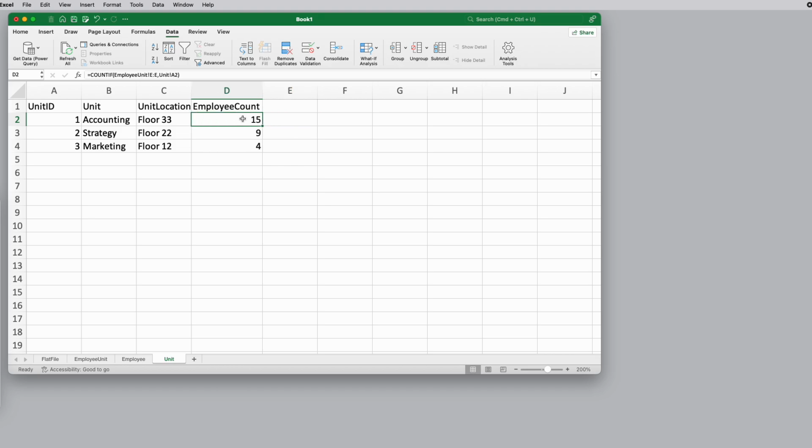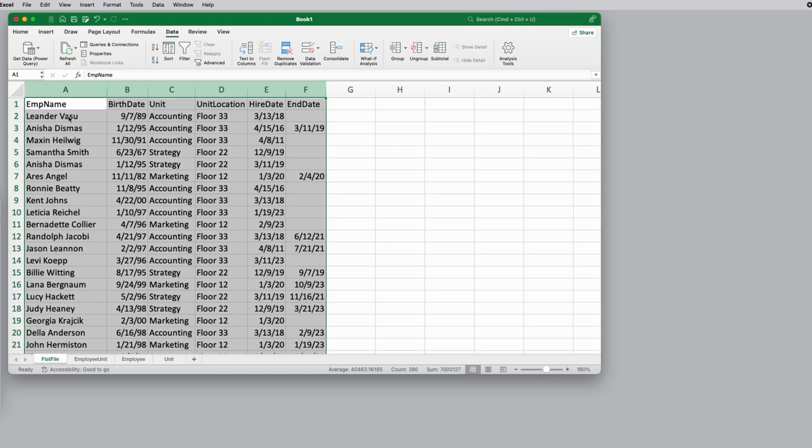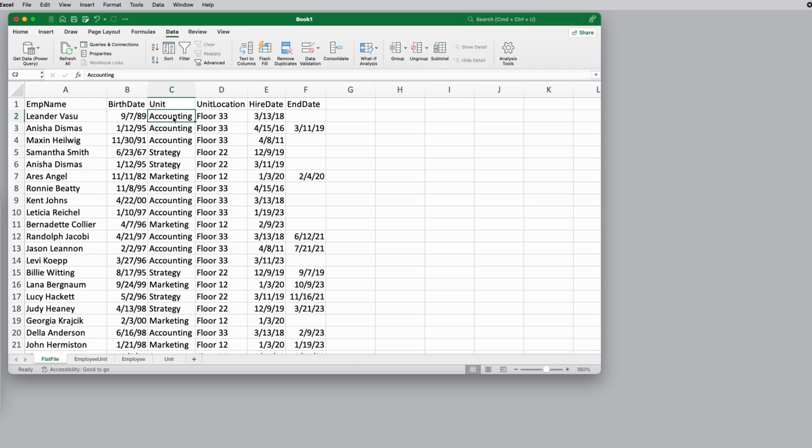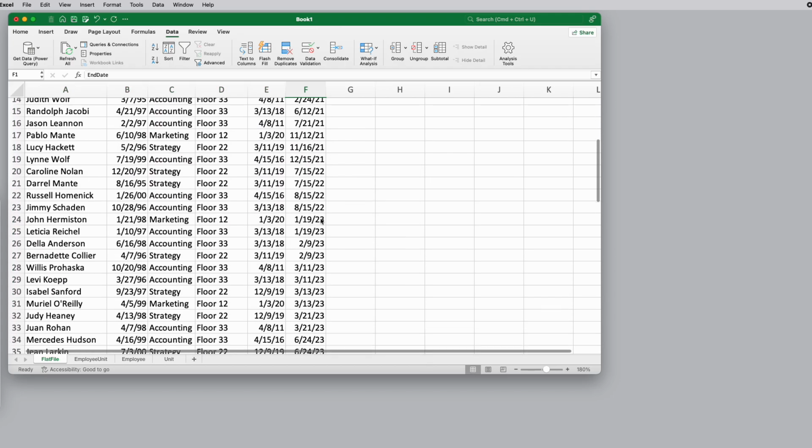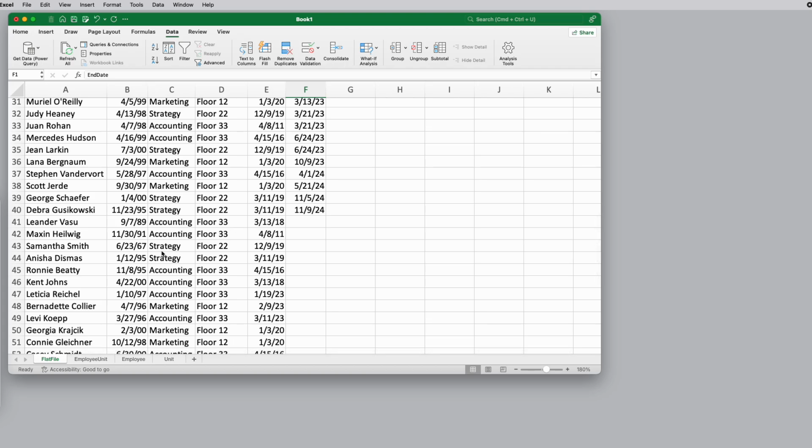What is the current count of employees, or how many employees work in each unit? All right, the next thing we're going to do, let's start in the employee table, and let's see the name of the unit each employee works in. Okay, so remember here, let's go back to the flat file. In the flat file, in theory, Leander Vasu works in accounting, and in fact, if we sort this by end date, and we might as well just do that, if we sort this by end date, and then we can see, we have to go down to here,